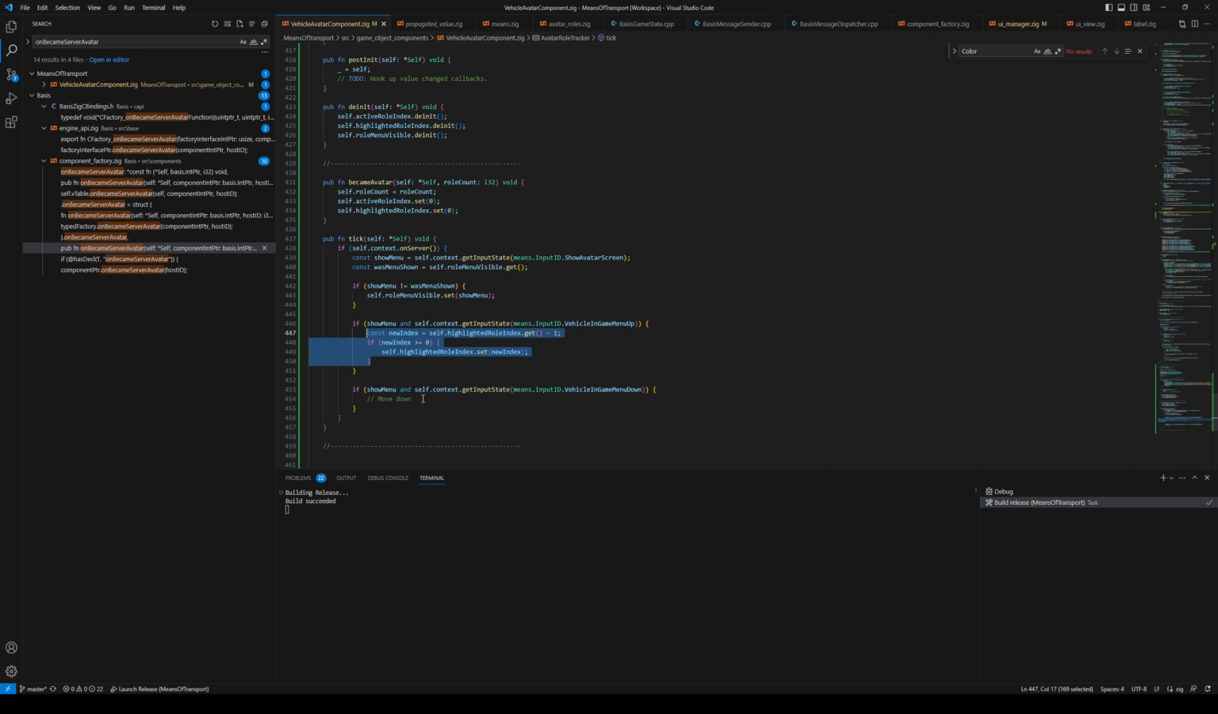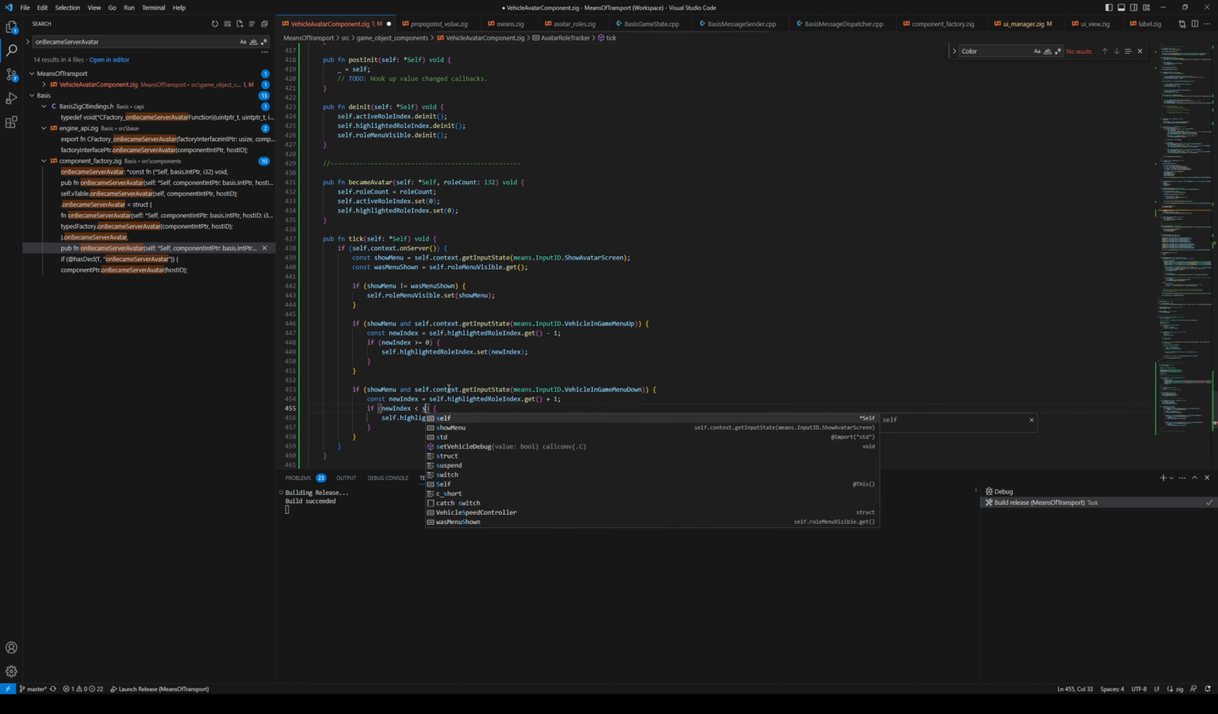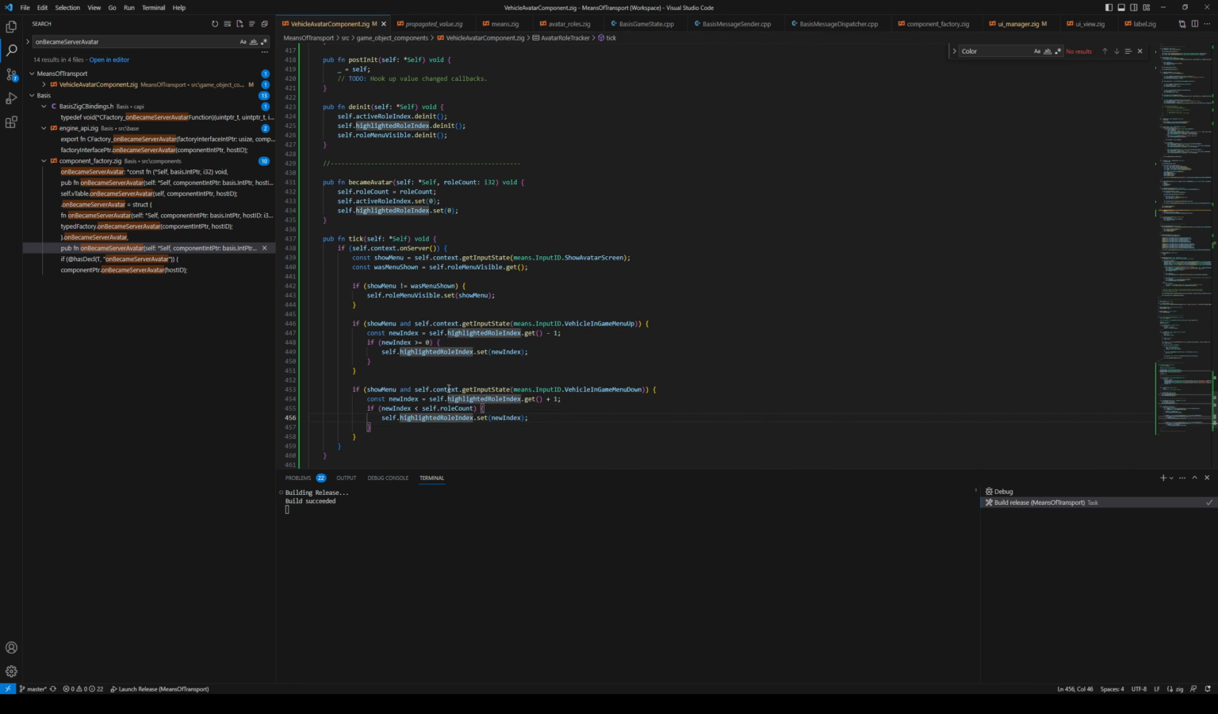role index. Cool. Move down is the other way essentially, and here we need to make sure that we're in range of the role count, right? So that we don't go off the list in the other direction, and then we update the highlighted role index. So that's good. So now we have two of these